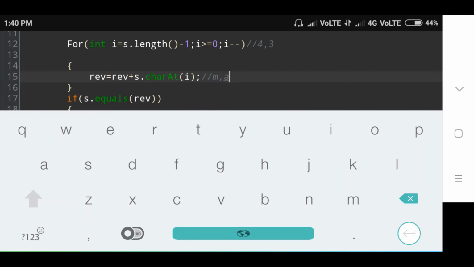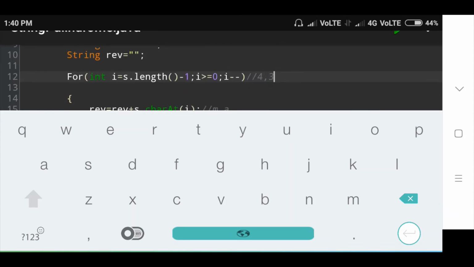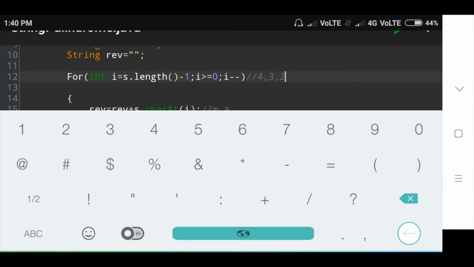Then again go to the for loop condition. The i value is initially 3. Then the i value is decreased by 1. The i value is 2. Then check whether i is greater than or equal to 0. The i value 2 is greater than or equal to 0, so the condition is true.